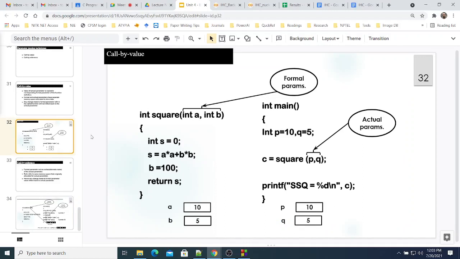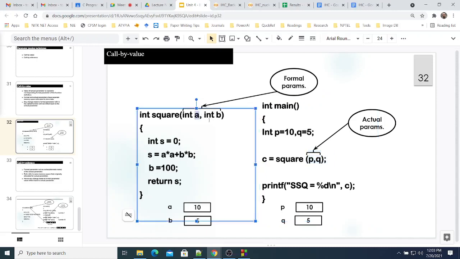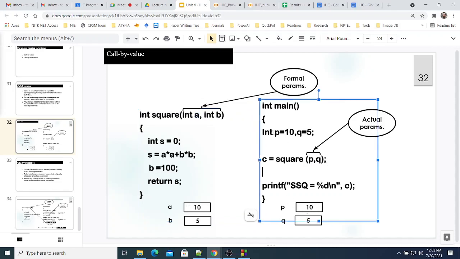In call by value, when you call a function, the values in the variables are copied into the formal parameter. The values stored in the actual parameters, here p and q, will be copied into the formal parameters, and these formal parameter variables are totally different, independent variables from the actual variables. So here in main